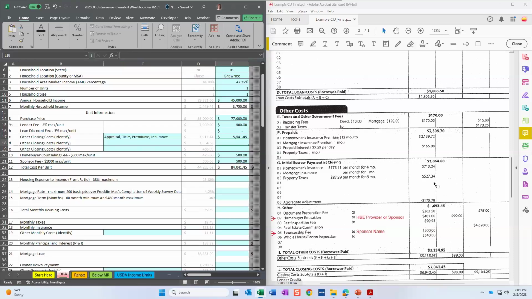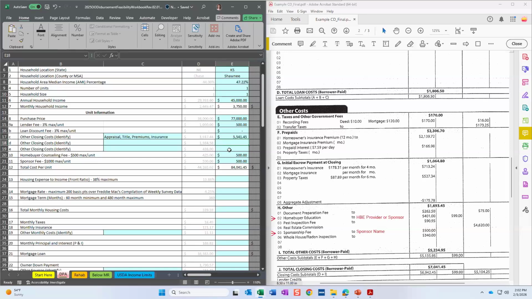If the $99 was attributed to something like homeowners insurance, we would not need to see that amount in the feasibility workbook. So I know that's kind of a confusing line. Really, we're not worried about costs paid prior to closing unless it's associated with a fee guideline that's in one of those 4 items above. So that's why you're seeing that here. Wanted to show you at least one with that example in case you run into a scenario with costs paid prior to closing.